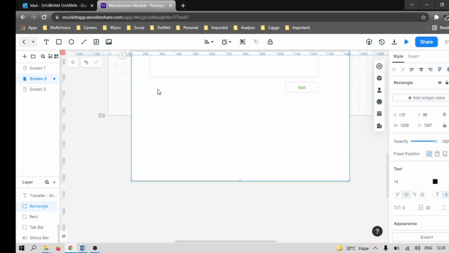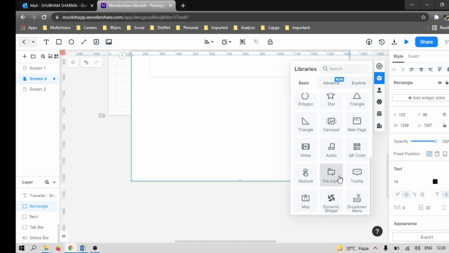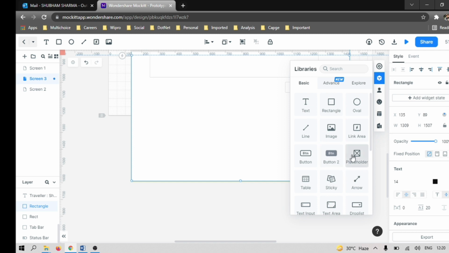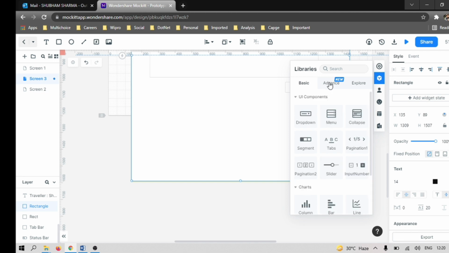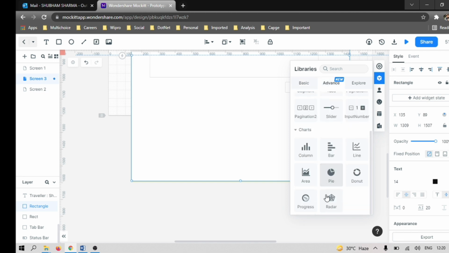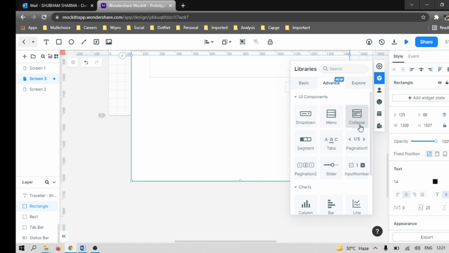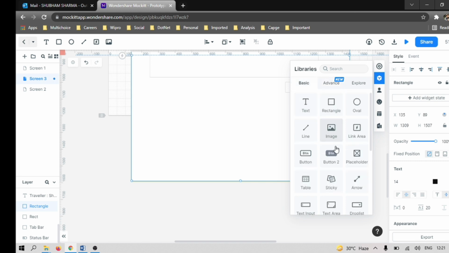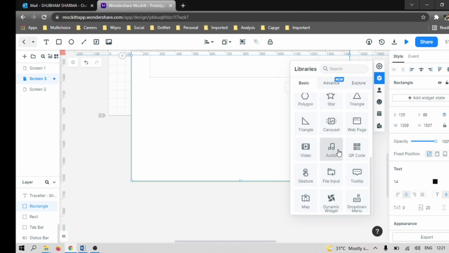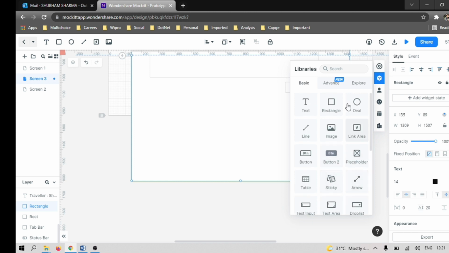Okay, so what we need to put next is the Excel. So go there. There could be some table type. Let's see if there is any table. Image, rectangle. We need to put something kind of page note.